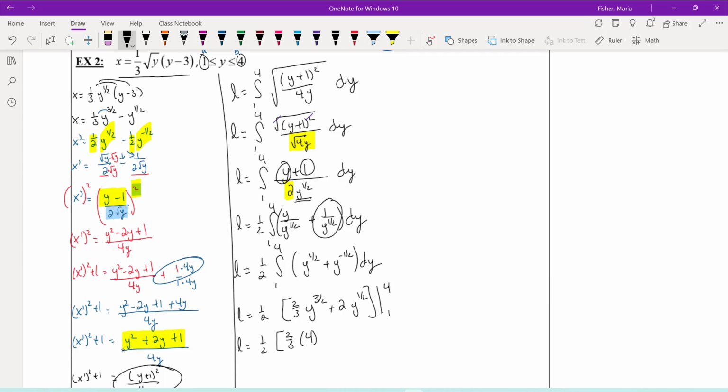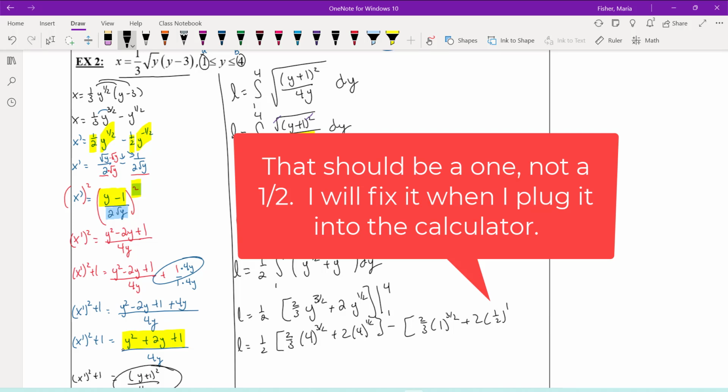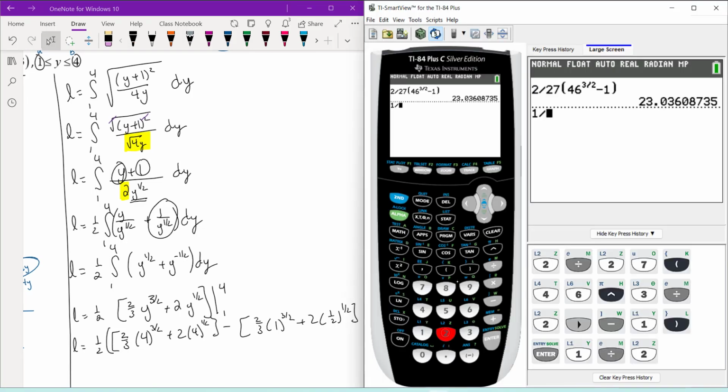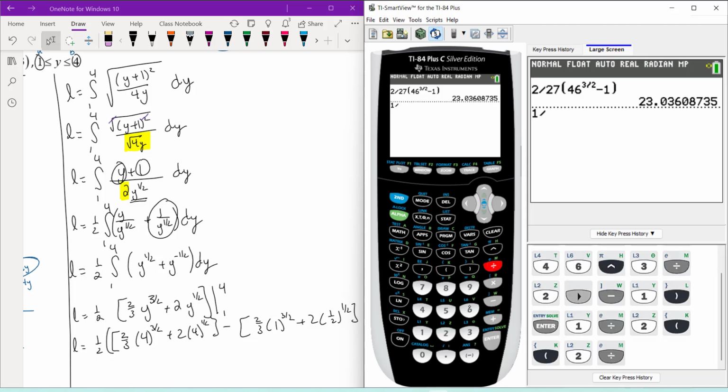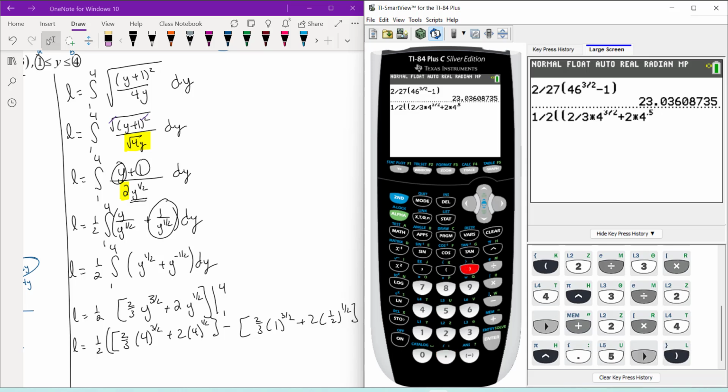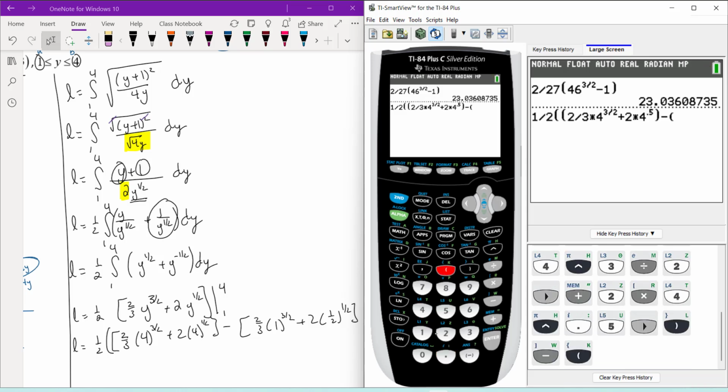Plugging in those limits of integration, 2/3 times 4 to the 3/2 plus 2 times 4 to the 1/2, minus 2/3 times 1 to the 3/2 plus 2 times 1 to the 1/2. Plugging this into a calculator, we end up with 2/3 times 4 to the 3/2 plus 2 times 4 to the 1/2, and then minus, and 1 to the 3/2 is just going to be 1, so we'll just say 2/3,